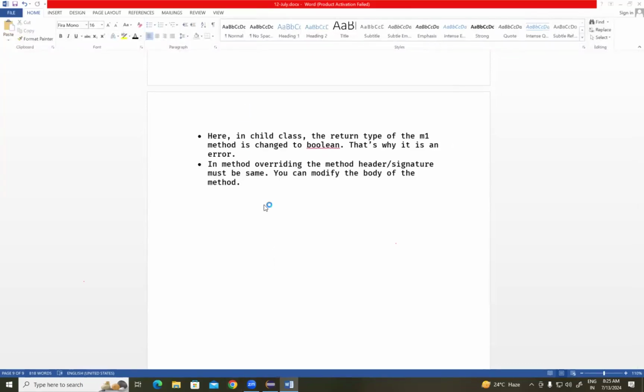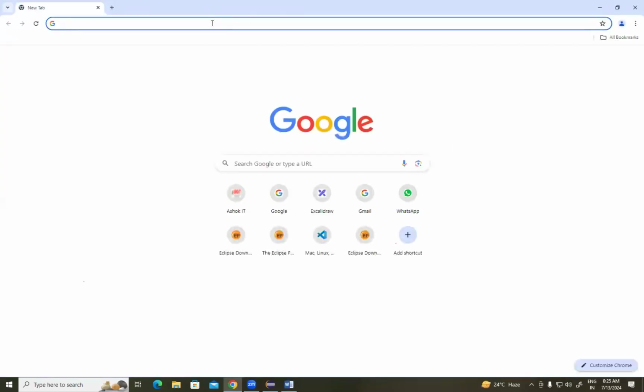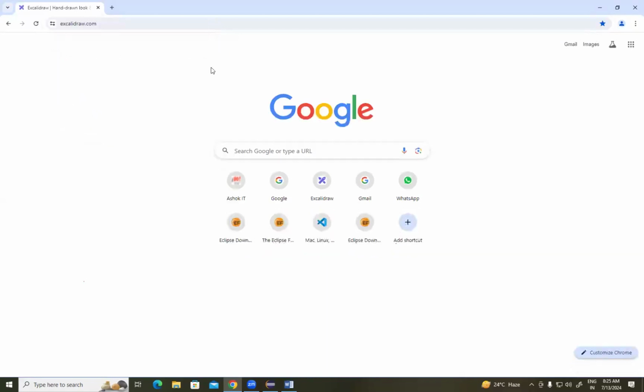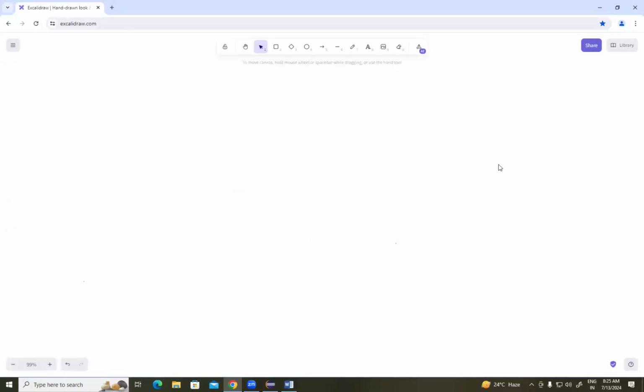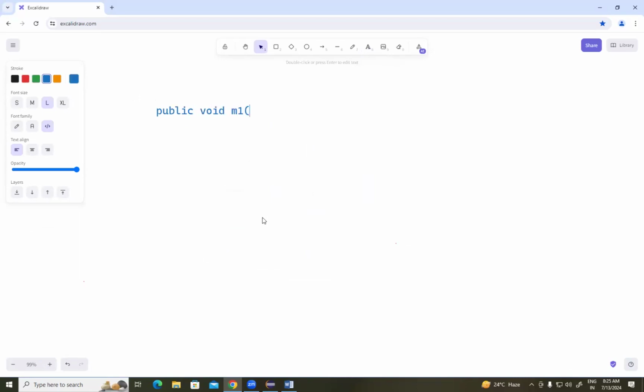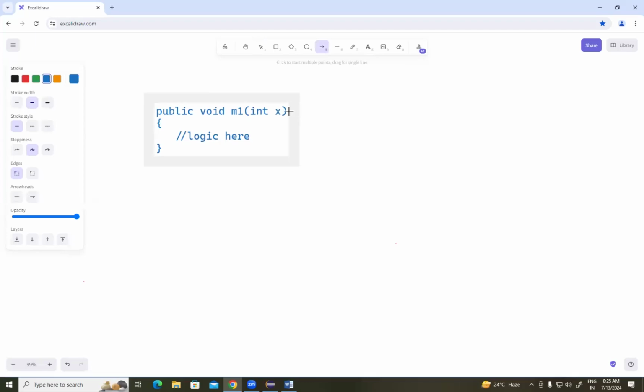So a method contains the data type also, right? Method does not contain data type. Method contains return type, method name, and access modifiers. So for example, suppose I'm writing public void m1 of int x. Curly brace start, some logic here, close. Now tell me, this first line is called what? The first line is called method header